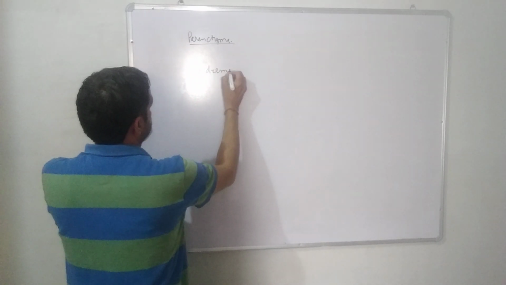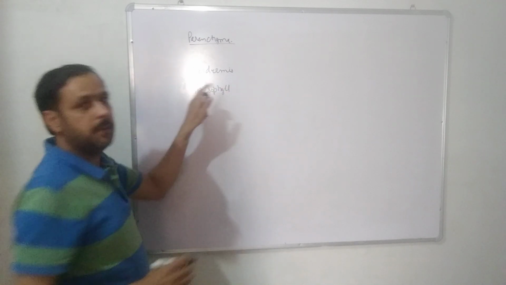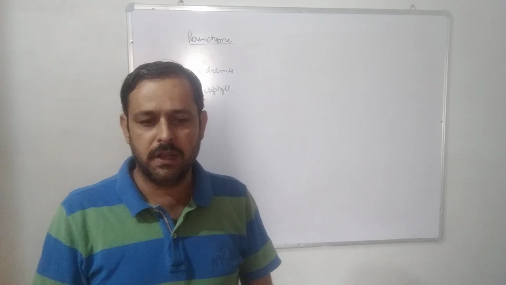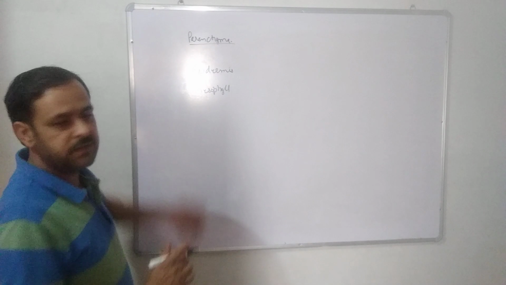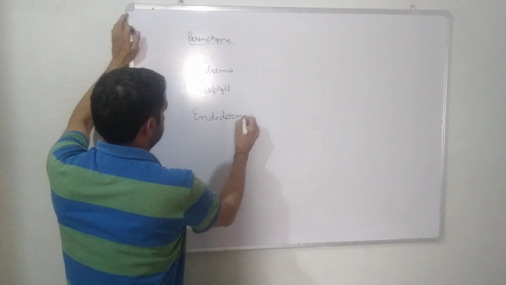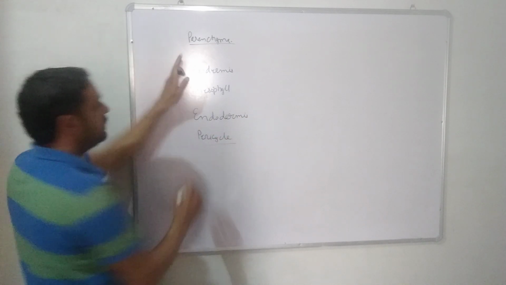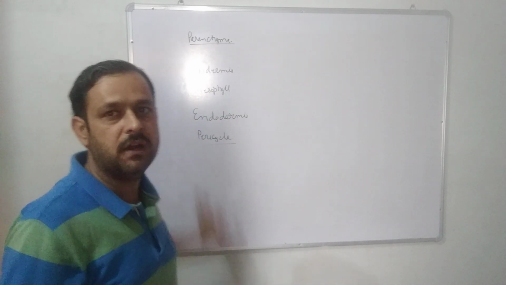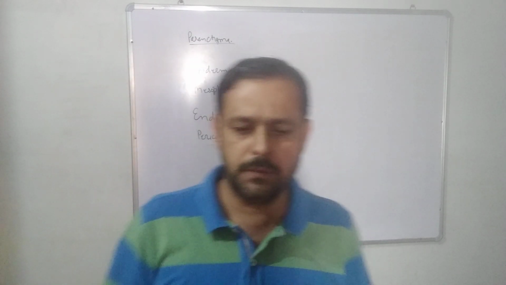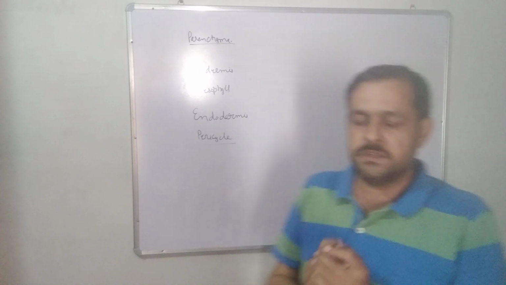epidermis, mesophyll. Epidermis means the outermost layer of the plant. Epidermis, mesophyll, endodermis, pericycle. You have to know what the epidermis is, what the mesophyll is, what the endodermis is, what the pericycle is, and then after we will study collenchyma